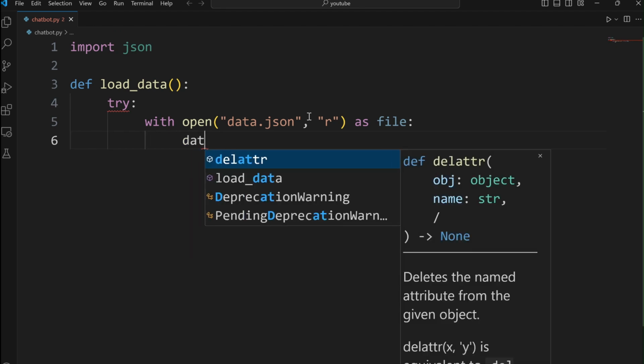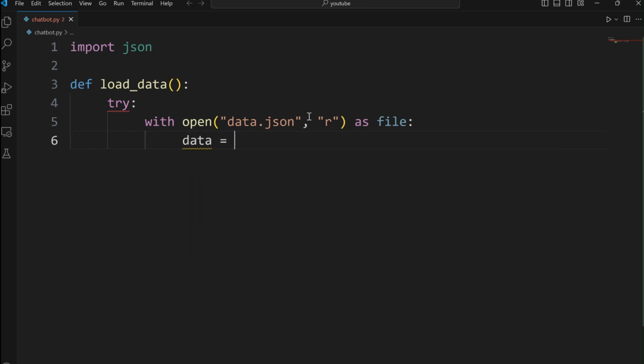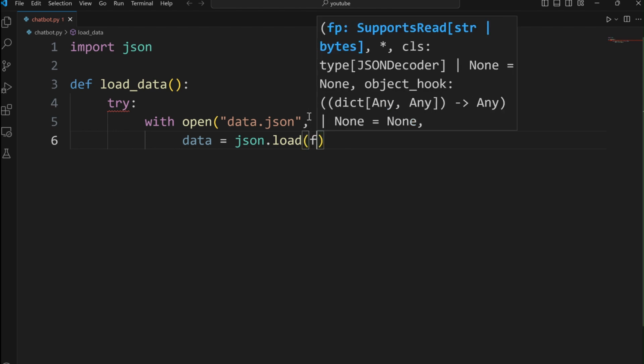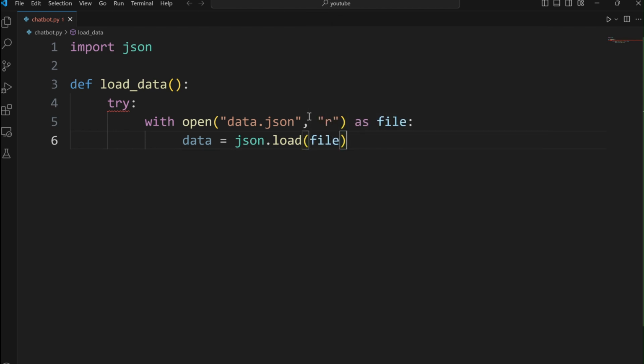And data equals json.load, and in the parentheses we'll pass the file. And then with every try statement comes an except statement. So let's try it, except